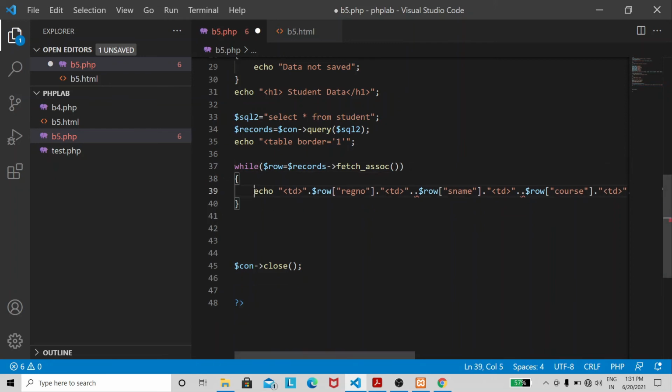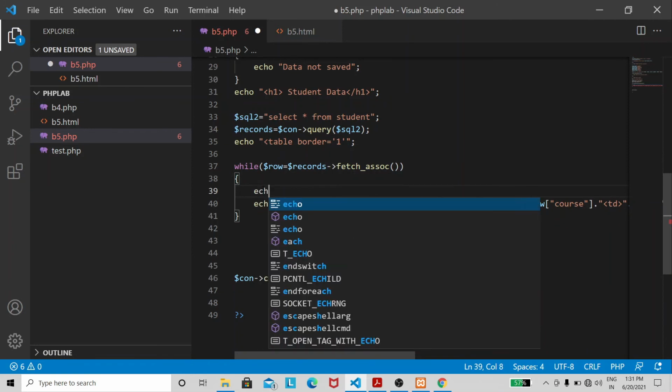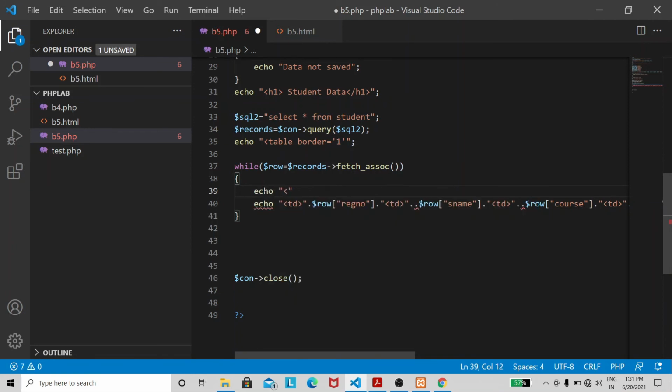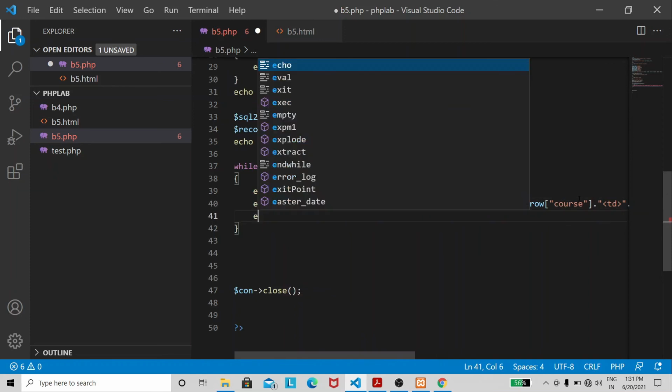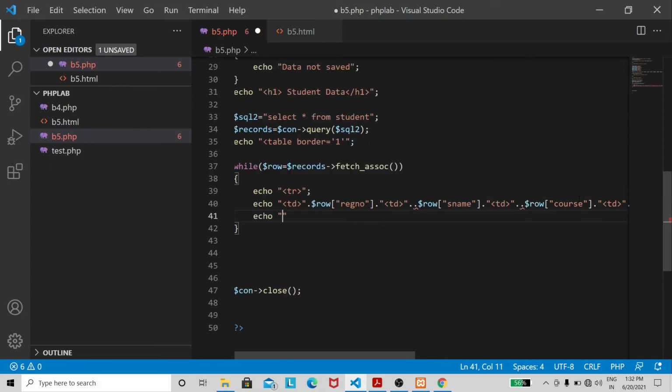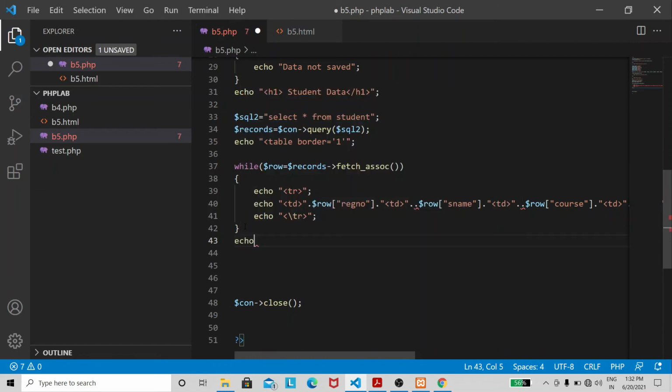So before this statement, tr. Okay, so once the row has been created, we need to close the tr tag. Okay, we'll create one header also. Now we need to close the table tag.